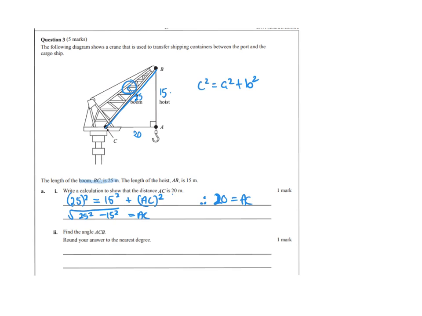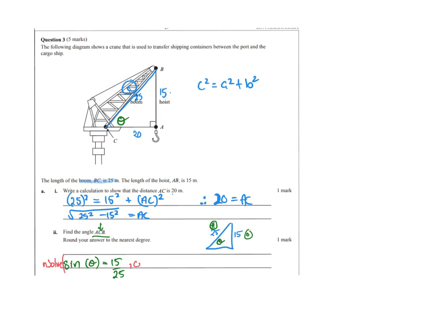So that was Pythag. But then down here, it says find the angle ACB. So when you have ACB, they want the one in the middle. So they want this down here. So if I just redrew what I've got, they want this angle, and I could use any values. I'm just going to use those two that they gave me. And so I'm going to say I've got opposite over hypotenuse. So I'm going to go sine angle equals 15 over 25. So if you want, you can use n solve,